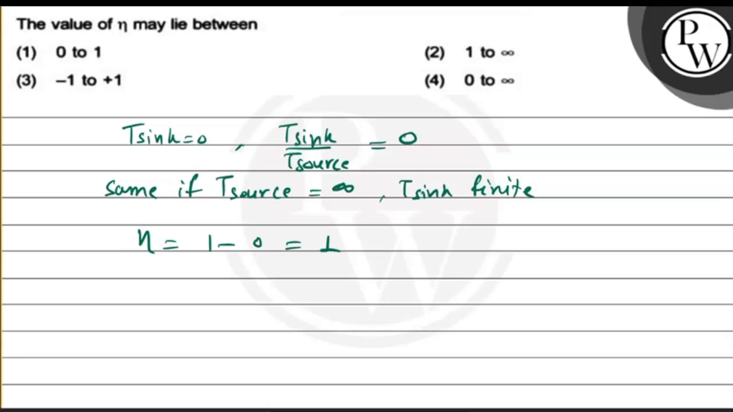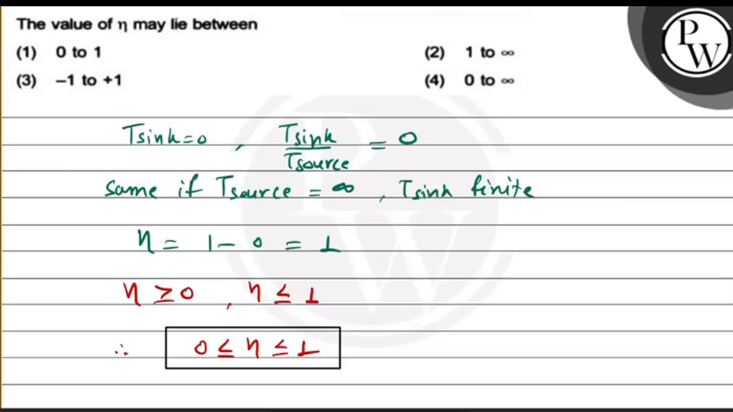So from both the cases eta is greater than or equal to 0, and eta is less than or equal to 1. Correct? Therefore 0 is less than or equal to eta, and eta is less than or equal to 1. So this is our range. Okay, this is our final answer,